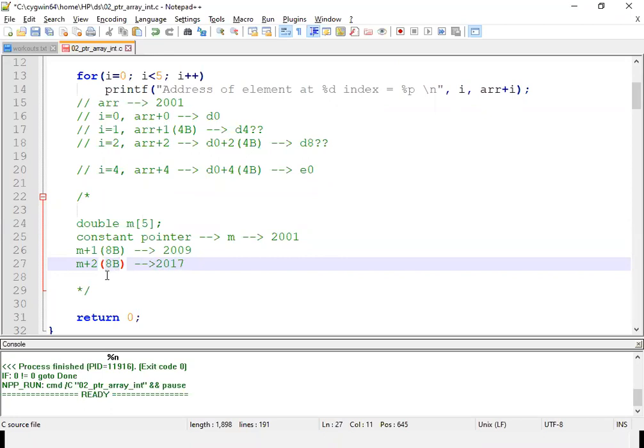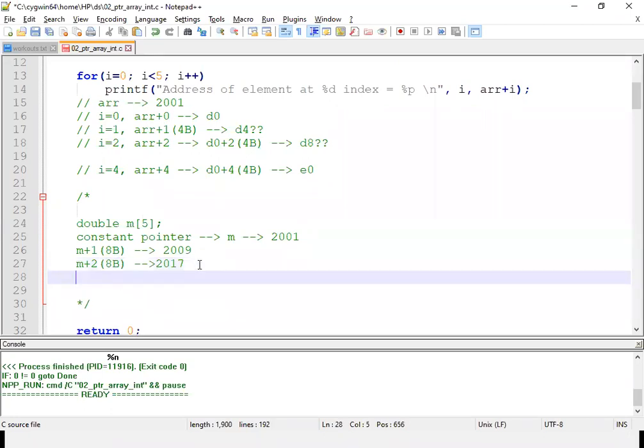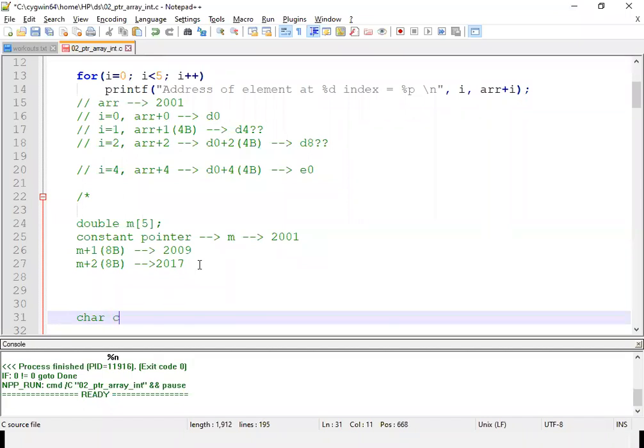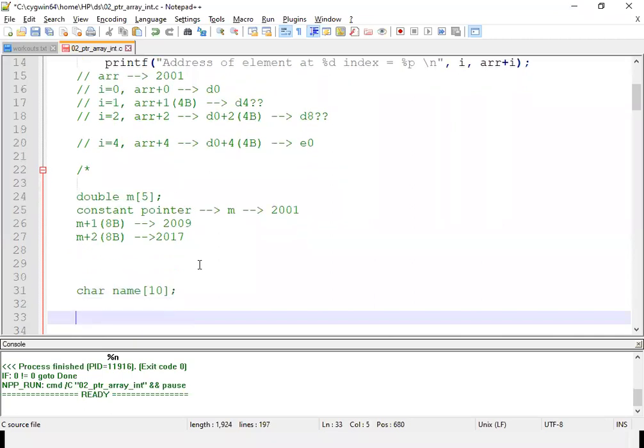Now, what if the array is a character array, say char name of 10?